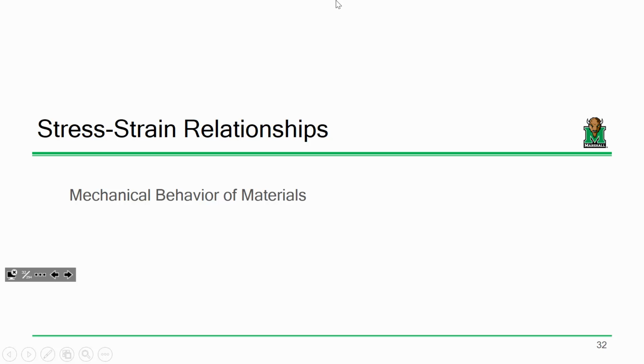And that's where the concept of a stress-strain relationship comes into play. You might hear them called constitutive relationships. And all that basically means is taking the geometry out of the equation. How does aluminum behave? How does copper behave? How does steel behave? How does concrete behave? How do polymers behave? How do fiber-reinforced plastics behave? And what have you. Each material has its own unique set of stress-strain relationships, and it's one of, if not the most fundamental piece of information that we need as engineers in order to be able to use that material